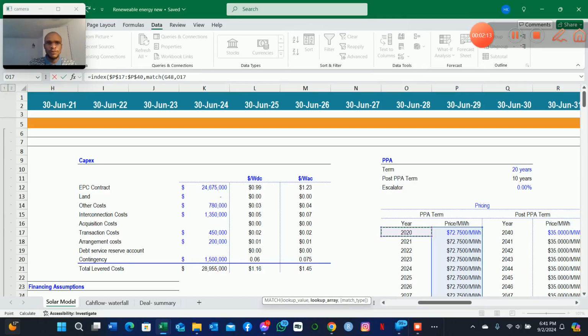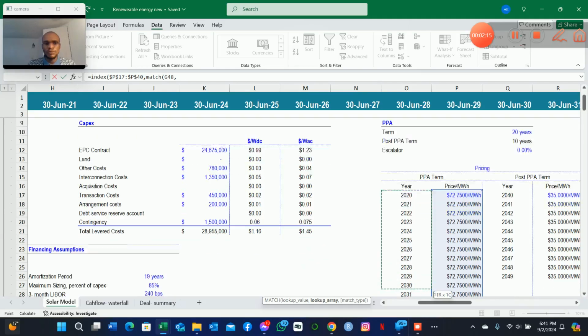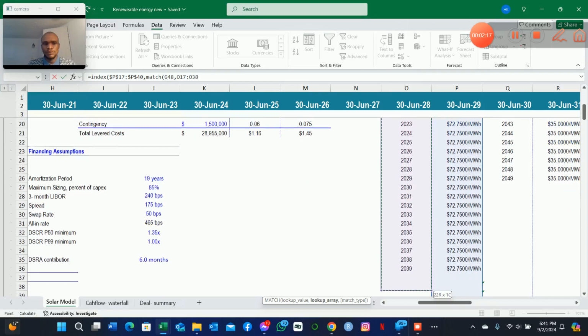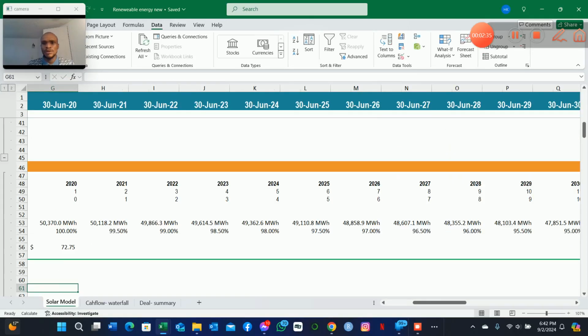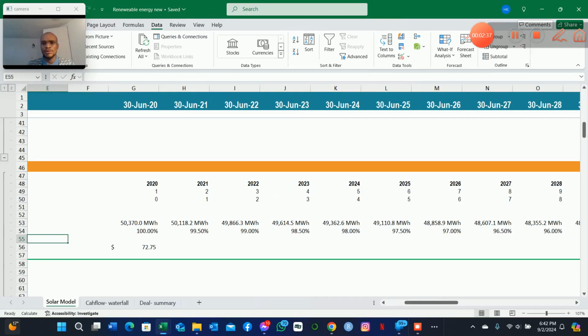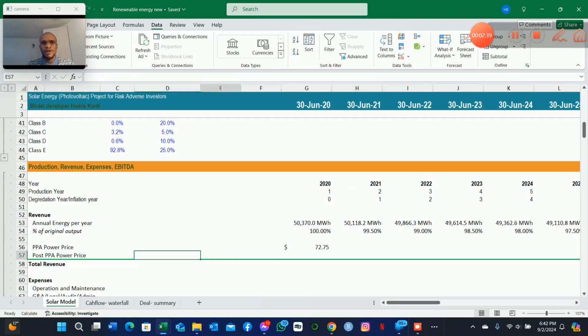So we are matching this year right here. Reference that cell with F4, and then comma 0 for an exact match. Close the bracket 2 times and we press enter. So as you can see, it's bringing us the